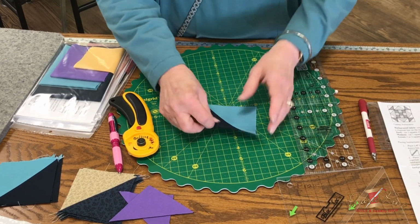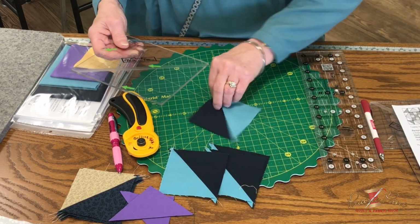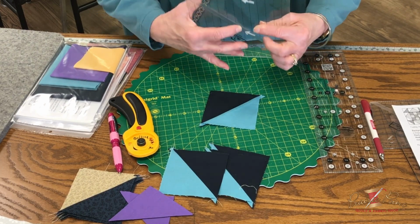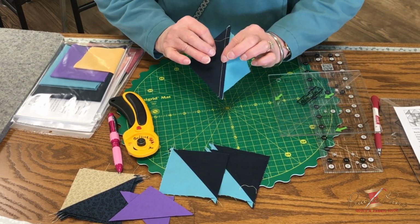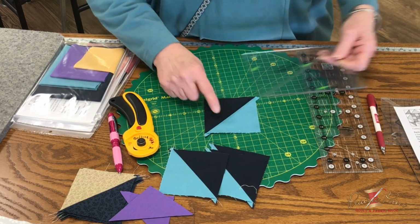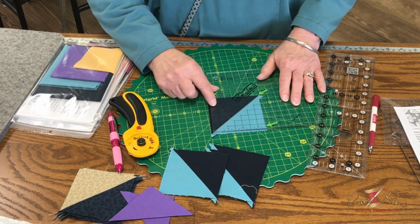Okay, then you're going to take your half square triangles, which I have a few of them here, and you're going to square it up. I'll start with the block lock ruler. Put my block lock ruler with a little groove on the back, logo on the lower side of the 2 pieces because the seam is pressed into one direction, so that makes that side a little higher. It makes a little hill there. This is like a valley. So I'm going to put the logo on the valley side,